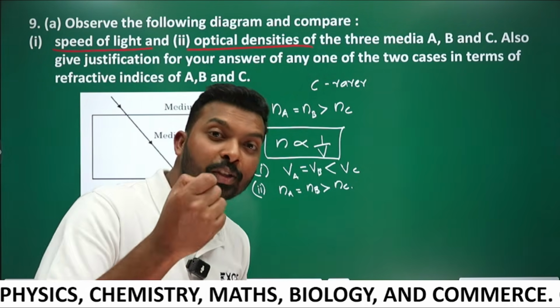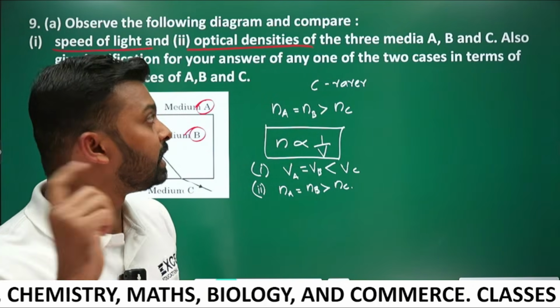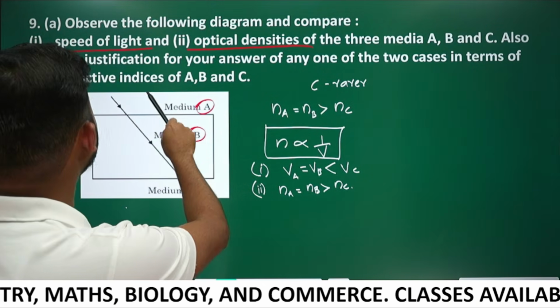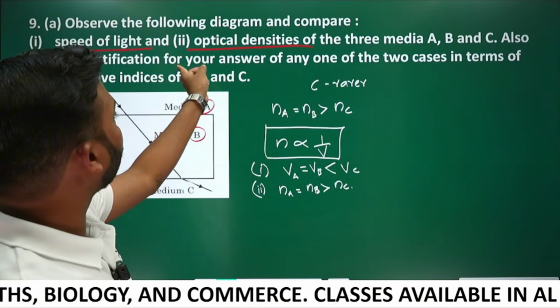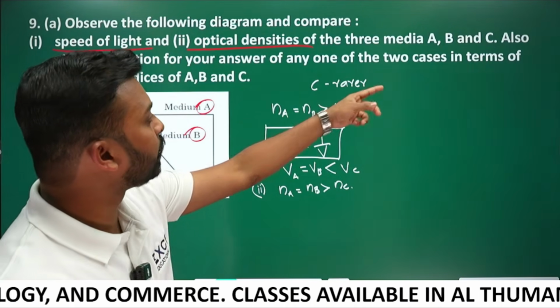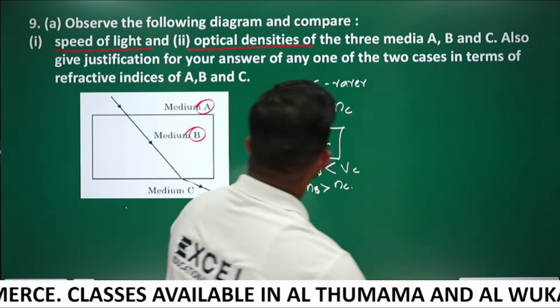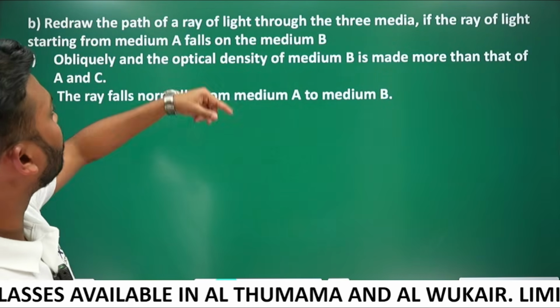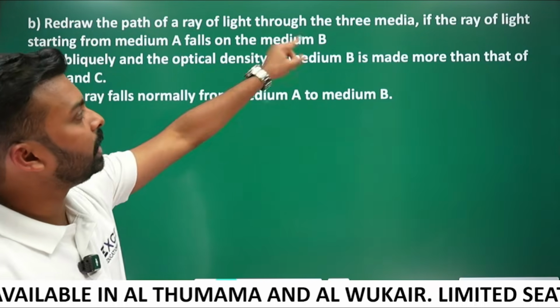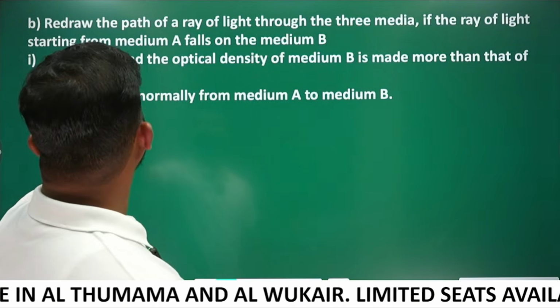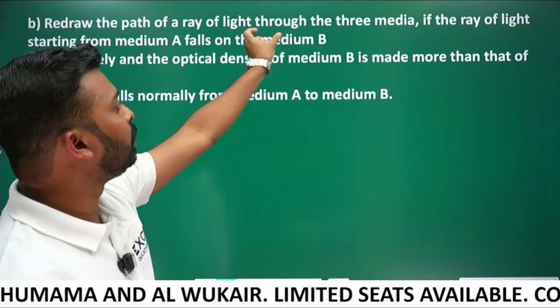Ready? And we have a sub question also. Let's check that. Also give justification for the answer of any one of the two cases in terms of the refractive indices of A, B and C. What is the next condition? Redraw the path of the ray of light through the three media if the ray of light starting from medium A falls on medium B